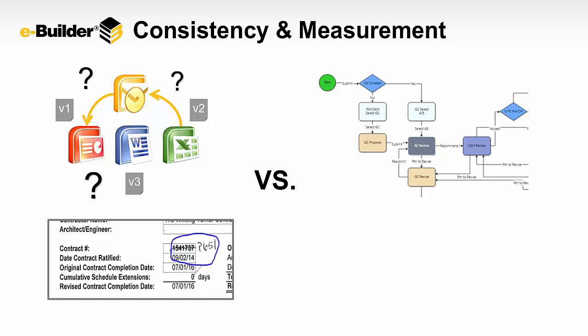But if you compare that to the ideal solution for an owner, is that you can easily configure and lay out your process within your software and say, who are the different stakeholders, what permissions do they have, what information do they actually need to fill before it can go to the next stakeholder in the process, and put that if-then logic inside of your workflows, actually measure and know who, what, and where, and when, and how long